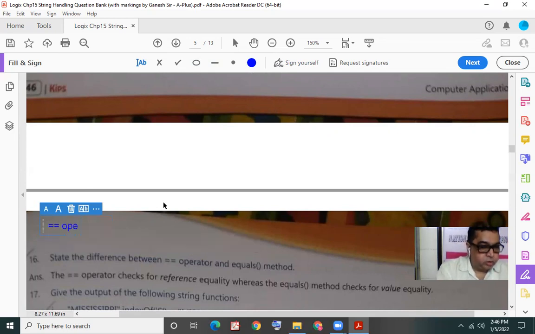Double equal to operator is used to check if two values are equal or not.